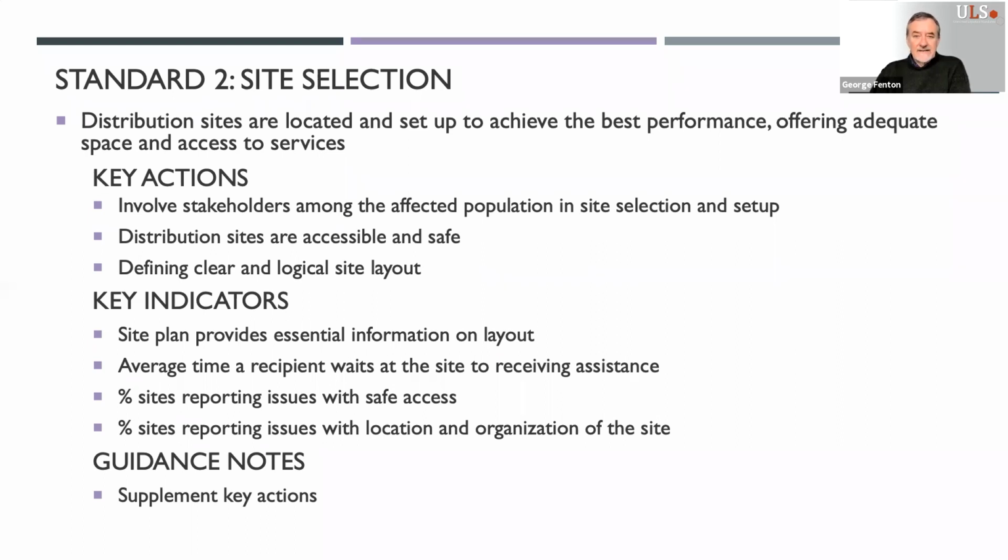And when designing the layout of the distribution site, consider the need for there to be a registration area where affected people can report. There should be a zone adjacent to the registration sites, but with controlled access so that only registered people can line up for distributions. And there should be safe workspace for reception of goods, storage, packing or repacking of commodities. And there should be ideally waste collection points, including where possible a separation of recyclable and compostable materials.